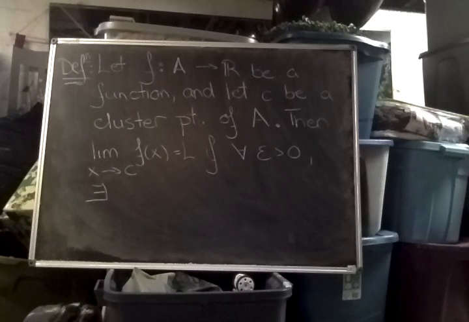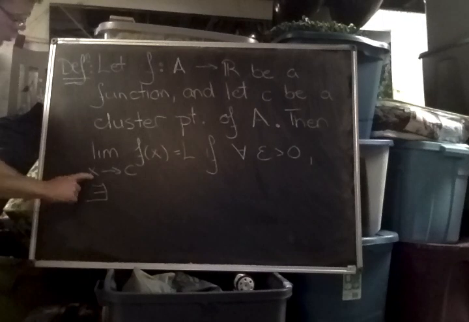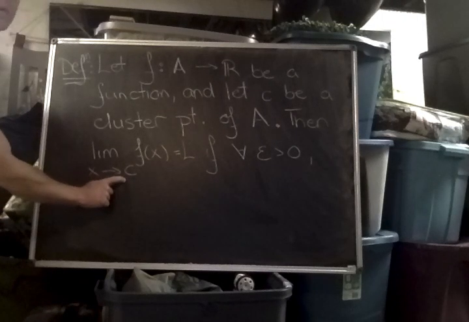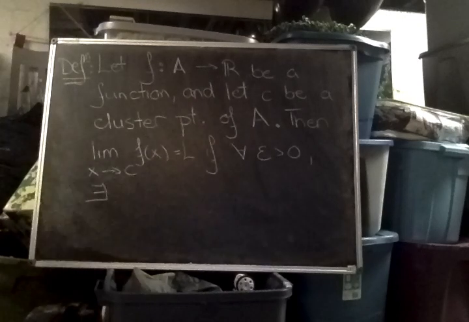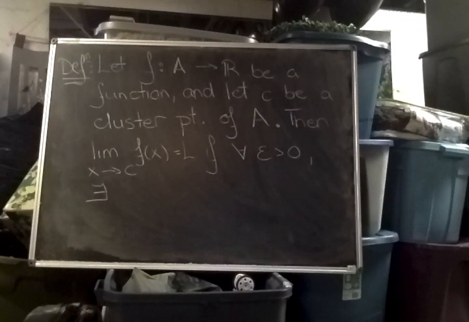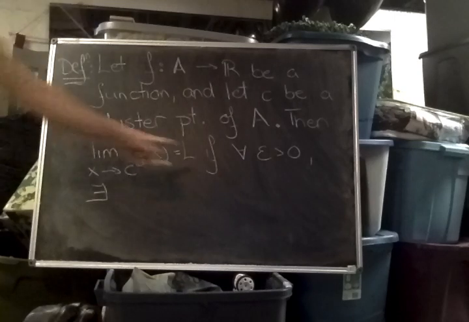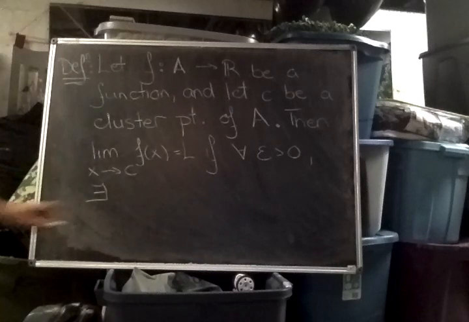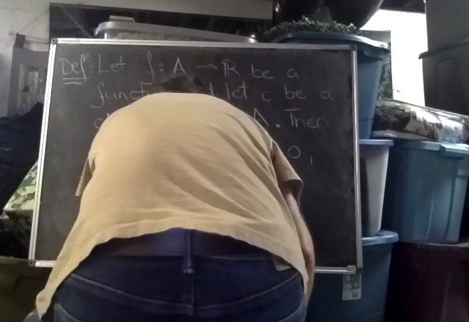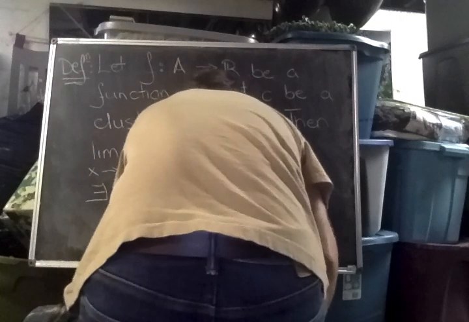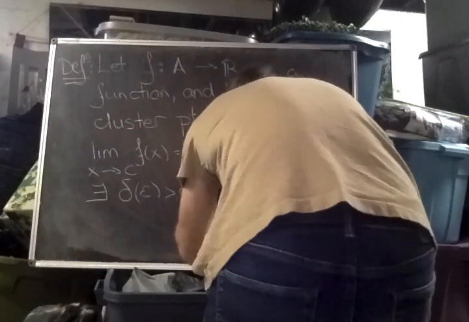Now, instead of going out really far in the sequence, the idea is that we're going to go really, really close to this point c. We're going to have x be very, very close to c. And close means we need to say how close, okay? So if for all epsilon greater than 0, there exists a delta depending on epsilon greater than 0, such that